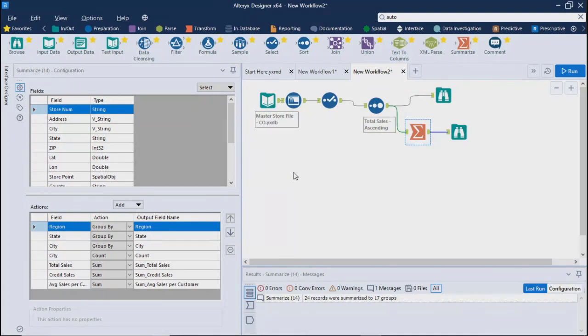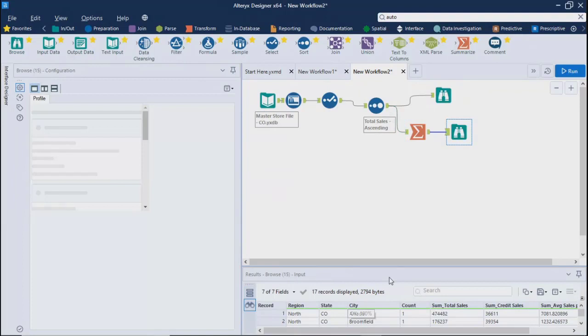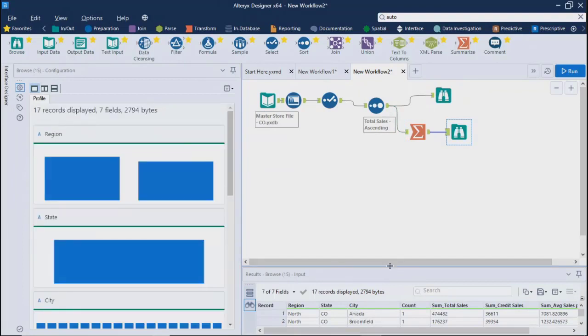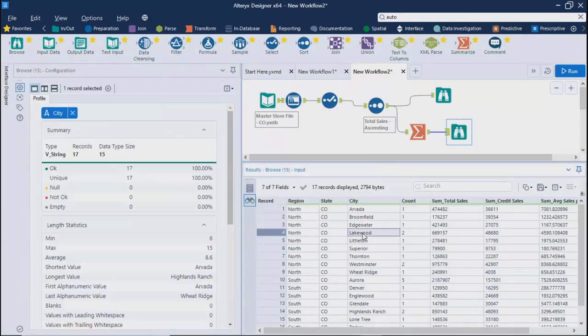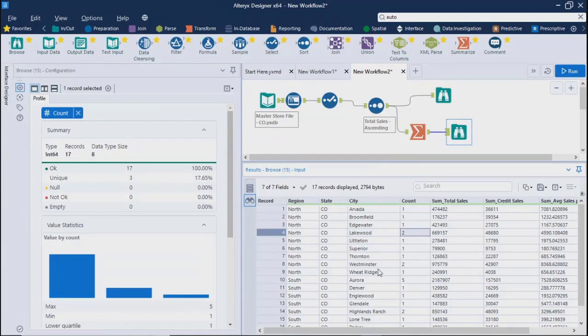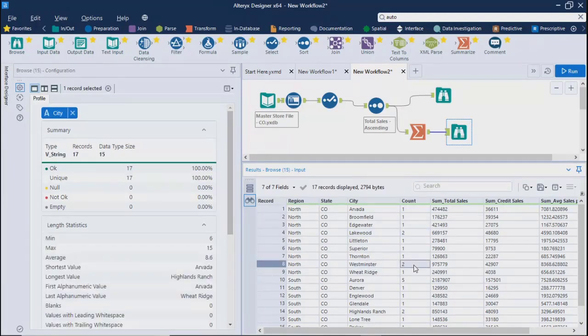Yeah. So it is working like a mode only, the maximum occurrences. The only thing is at the place of giving the count, it is giving me the actual value, which value is repeating the maximum. In case of north data, there was a conflict. Your Lakewood city is twice and your Westminster city is also twice.